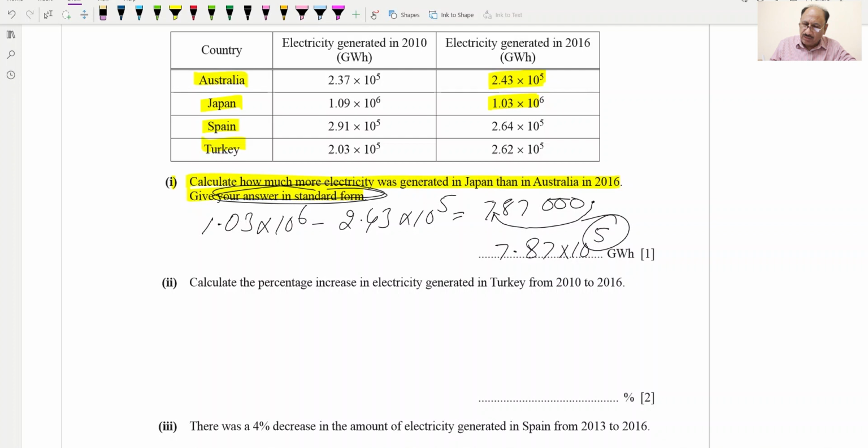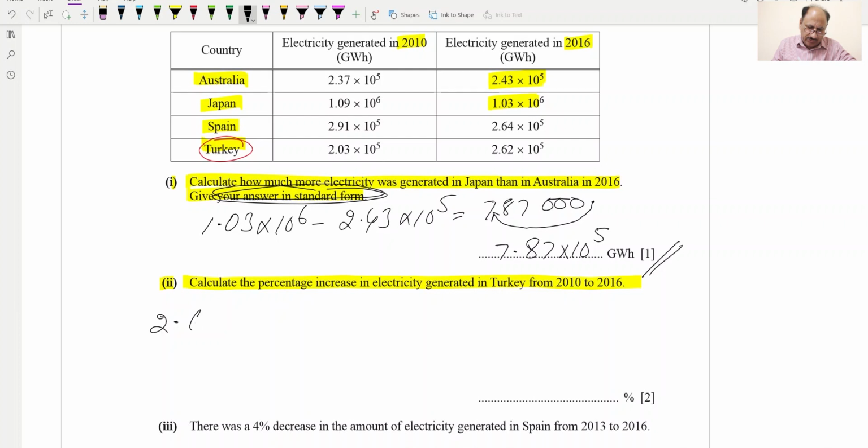If we are taking to the right, it will be negative power. So this will be our final answer. Then part 2, calculate the percentage increase in electricity generated in Turkey from 2010 to 2016. This is data for 2010 and this is for 16, and they are asking for Turkey, and Turkey detail is this one. So we can write